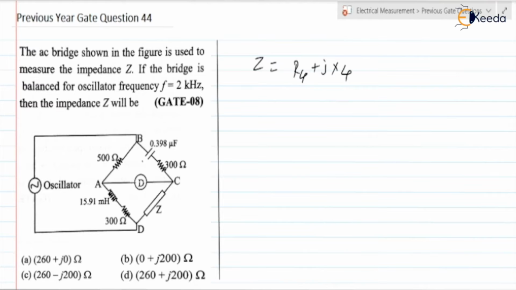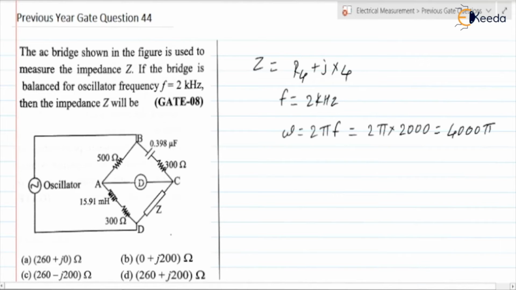So if you check the circuit, here frequency given is equal to 2 kilohertz. So we can write omega is equal to 2 pi f, right? Omega is equal to 2 into pi into 2000, so it is 4000 pi. This is the omega. Okay, now at bridge balance, we know, so at balanced condition,